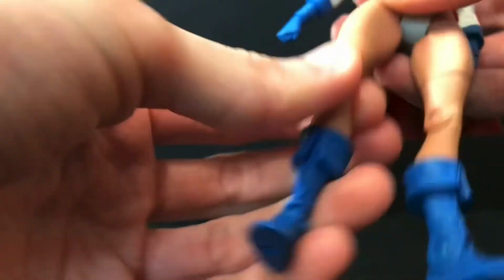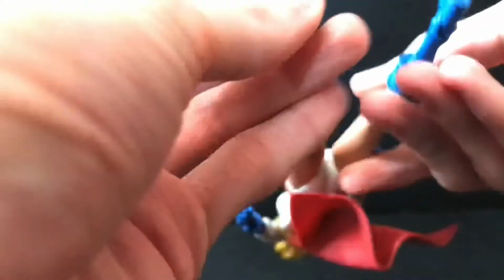She's got a thigh cut, single joint at the knee, which is actually pretty tight on this figure. Almost has a detent to it. And then she has something we haven't seen before, a boot swivel. Something I wish the Beast Boy figure had, to kind of straighten his feet out. And she has a hinge in the foot with a little teeny rocker and peg holes at the bottom of